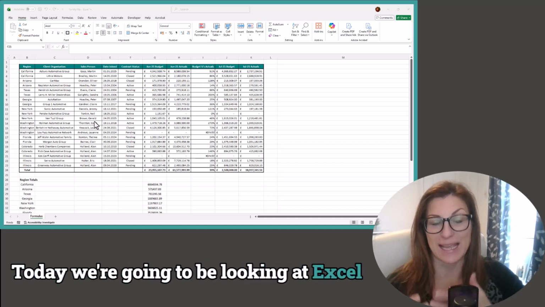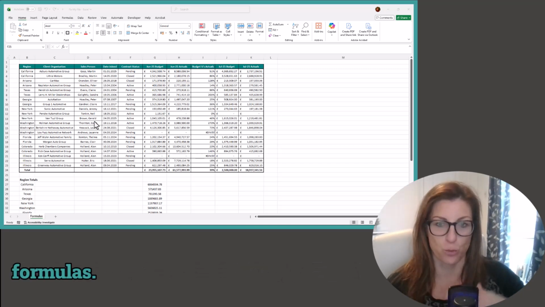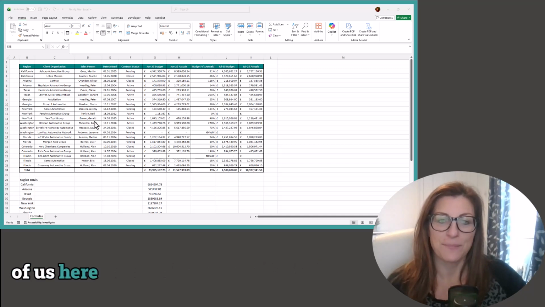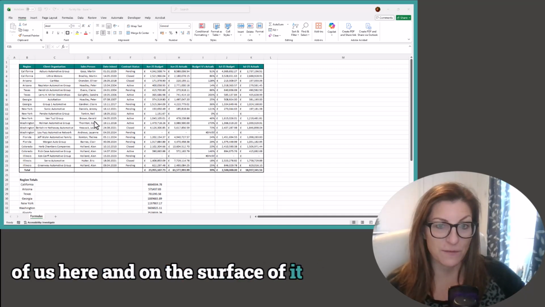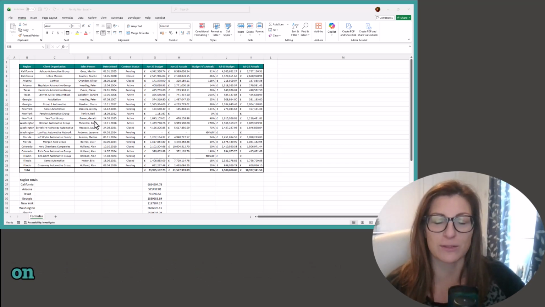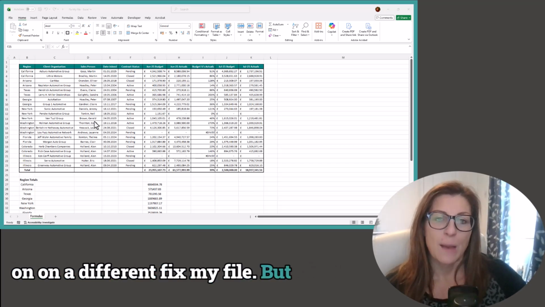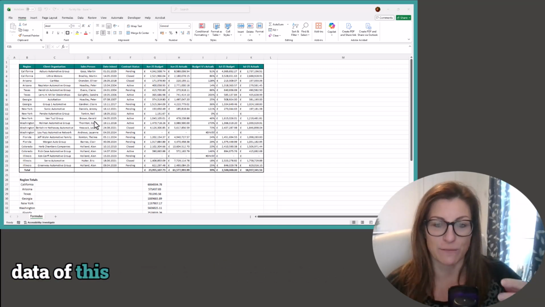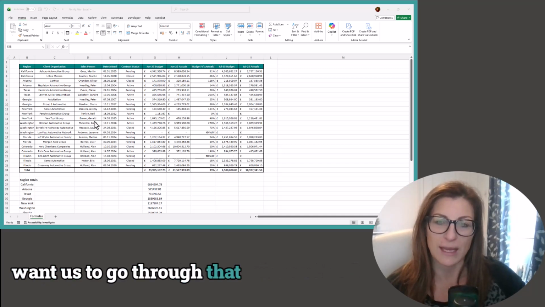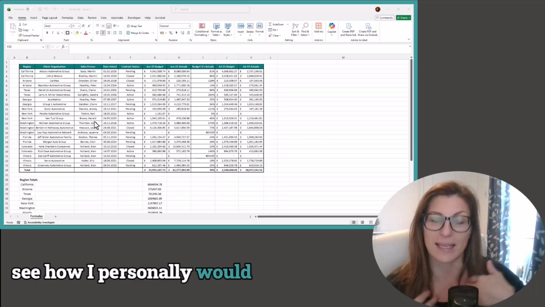Today we're going to be looking at Excel, and this time we're going to look at formulas. You can see we've got a table in front of us here, and on the surface of it things look okay. Certainly the format seems okay, and that's something we worked on in a different Fix My File. But when you start looking into the data of this file, we will see that there are problems with the formulas, and I want us to go through that today and see how I personally would go about